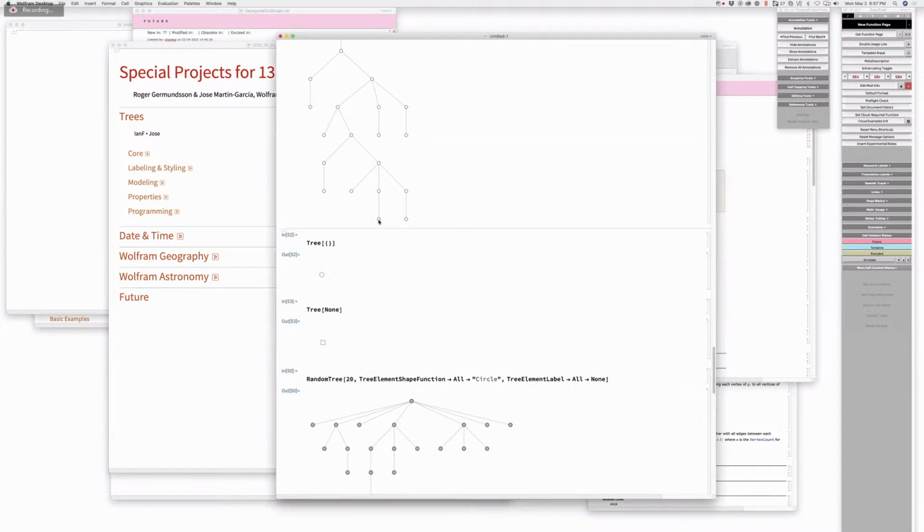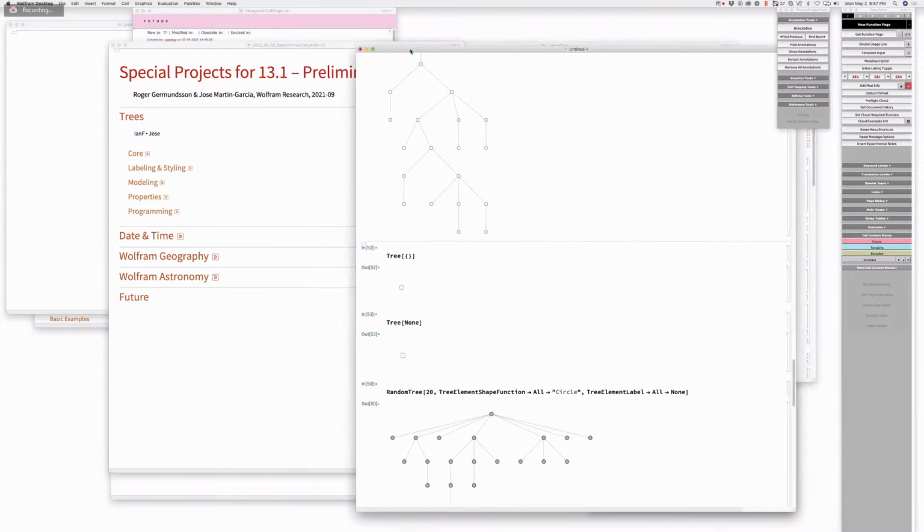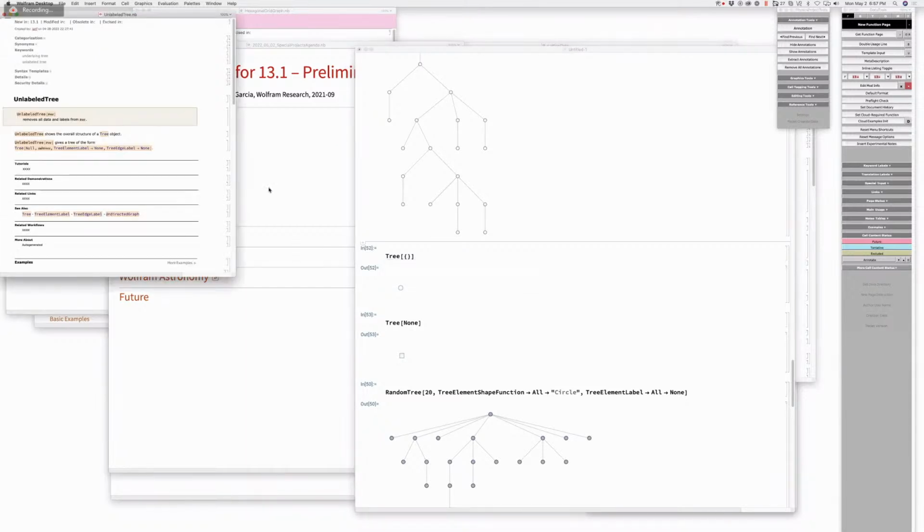All right, so we need a color spec for this. Okay, that's the thing, and let's see, this unlabeled tree operation. Okay, so it could take a second argument. Yep. Now you should say it removes all data to make an unlabeled tree. You get what I'm saying? Yes. I like that wording. Okay. So the second argument